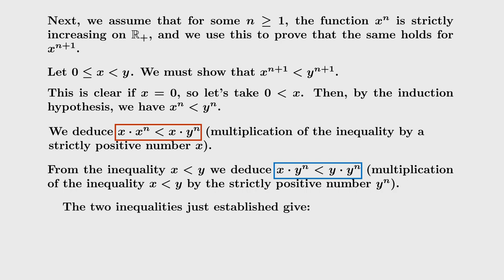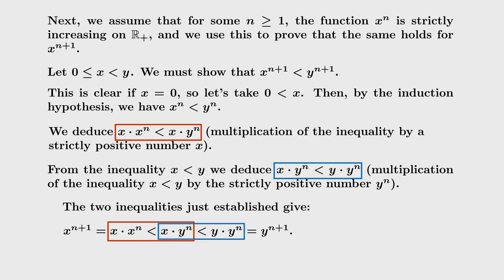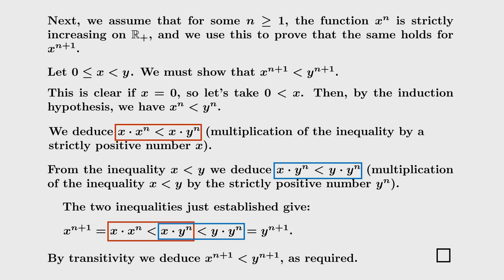Now let's combine the two inequalities we've obtained in a string of relationships, and you can see that we have the first and we have the second. And if you now look at just the extremities of these relations, you see that we have proved that x power n plus 1 is less than y power n plus 1, which is exactly what was required to prove. So that's the end of the proof. They used to say QED at this point. Now they put this symbol, so perhaps we should say box or end of proof.